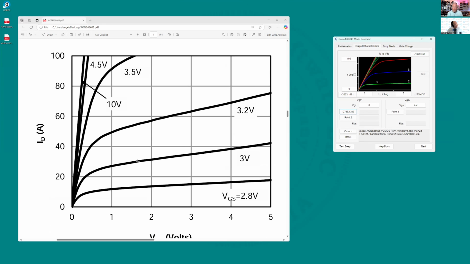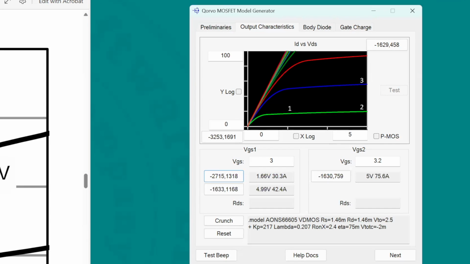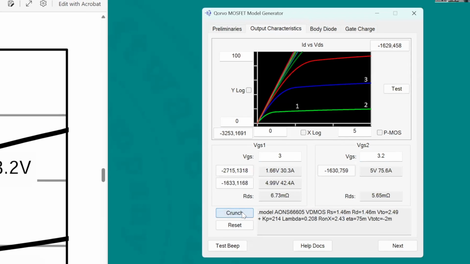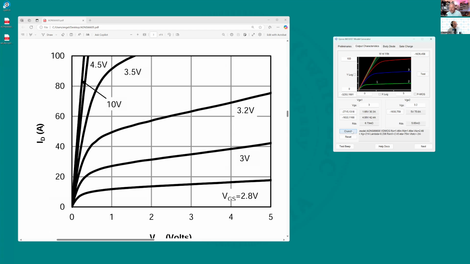So I point at this one, mouse down again over here. I point at that one. Now I need 0.3. That was a very important thing. I have to say what the gate voltages were. So I used the 3 volt, the 3.2, but since I had digitized this, this is still reading 3 and 3.2. Now I say crunch, and that's the model, and it's reading out the RDS on for these